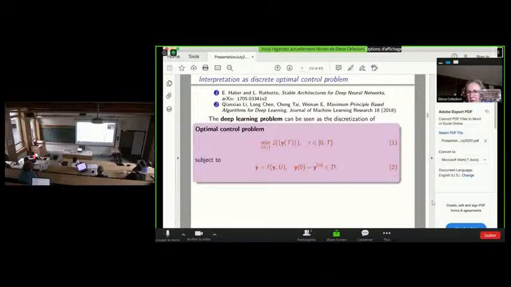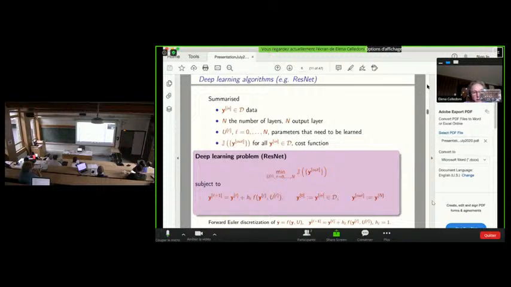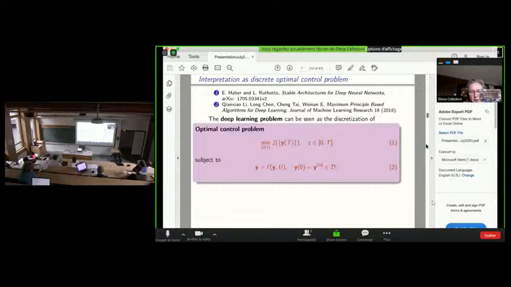And as you can see, the previous pink box can be thought of as a discretization of a continuous optimal control problem, which is stated here in equations 1 and 2.